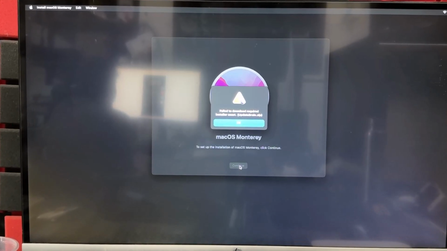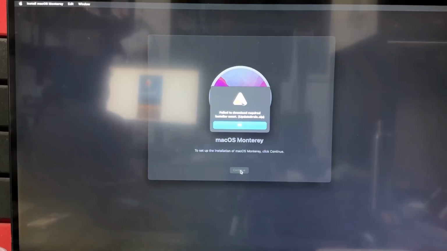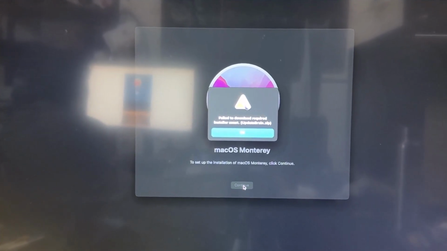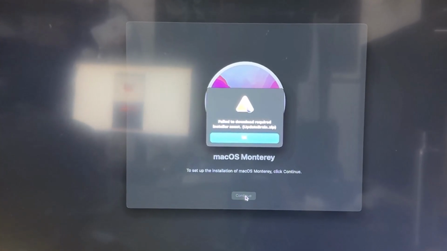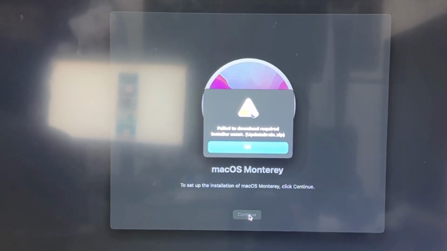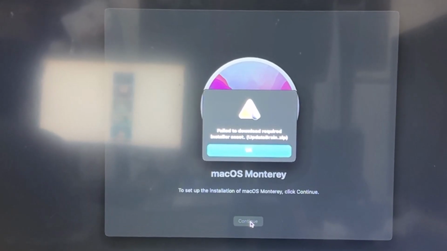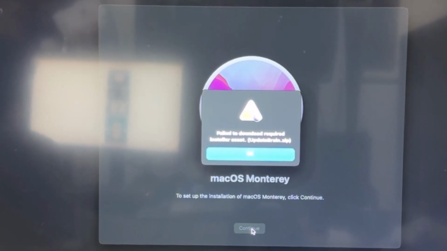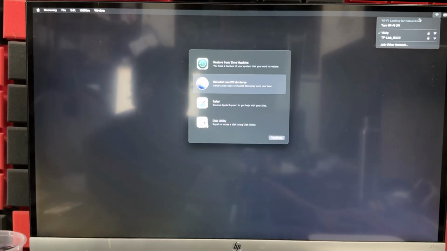Hello guys, in this video I'm just going to explain how to fix this "fail to download required installer asset", updatebrain.zip error. If you're trying to install macOS and you're getting this error, it's because of internet connections. So what you need to do is connect to the internet properly. It's already connected to the internet, but still we are getting the error,